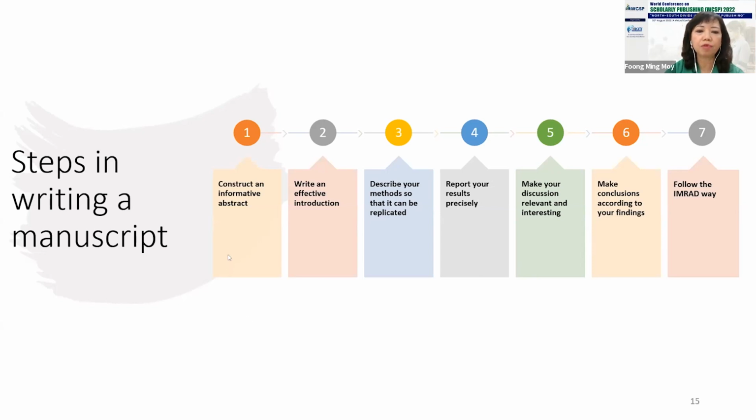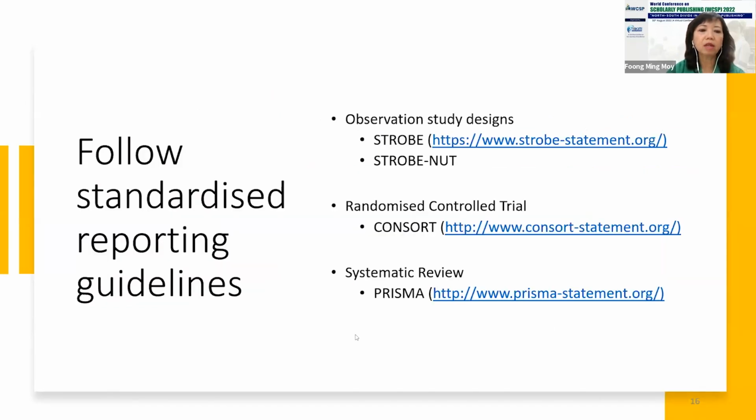So usually the abstract would be written last, and the title you can write first, but after you write your full paper, if you decide to modify the title, you are also free to do so. So there's nothing fixed in stone until you submit it to the journal, right? And when you do the writing, the reporting,